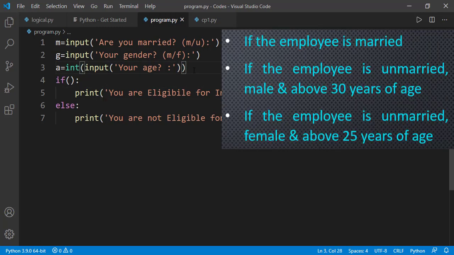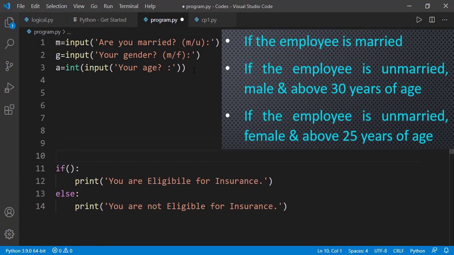These are the 3 cases for the eligibility of the insurance. So I will create a space here and we will write the condition for the if statement. First see carefully that for these 3 conditions, there is an and or an or between those. You should easily understand that between these 3 conditions, we have or logic. If the first case is true, or the second case is true, or the third case is true, the employee is eligible for the insurance. So I am writing 3 empty parentheses with the or logical operator, and we will fill each of these cases